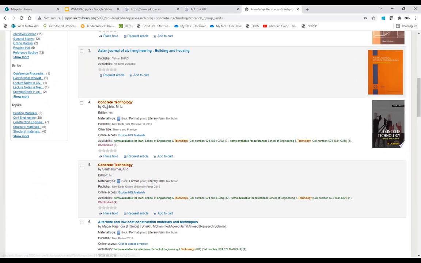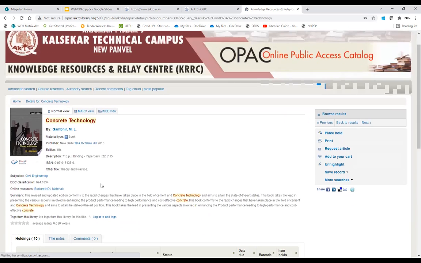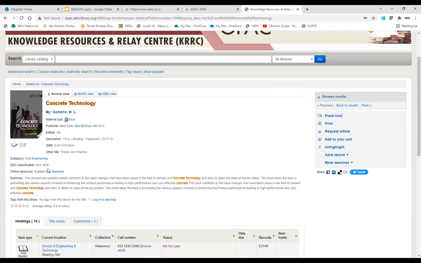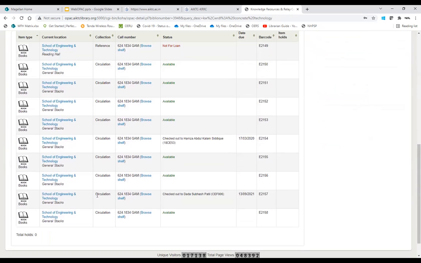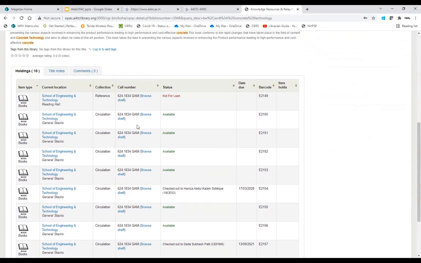Availability, items available for loan. See, there are a total of 7 items and 2 items are checked out. If you want more detail, just click on it. See, the details, summary of the books. There are a total of 10 books under this title.